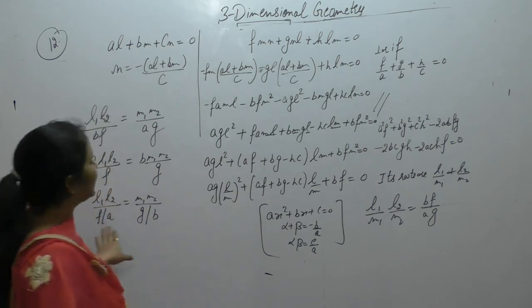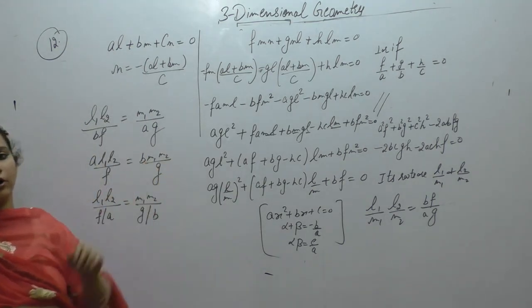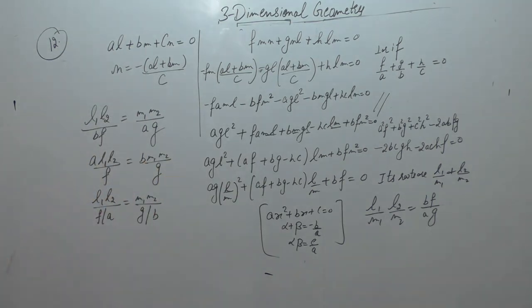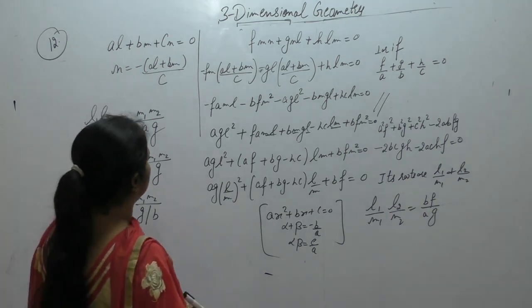Similarly, up to here, now we want to find this equation in the form M upon N. This is of